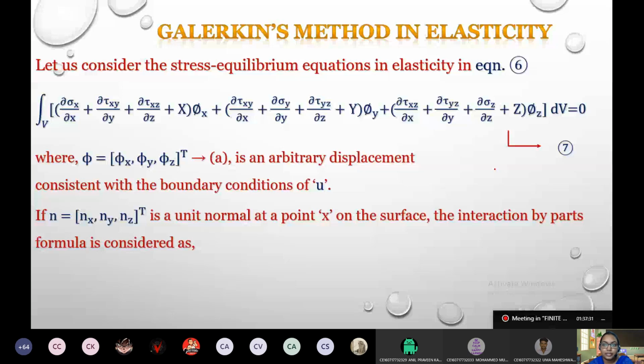Let us consider now if there is a unit normal acting at a point x on the surface. We have seen stress equilibrium. Let us go into the surface part now, surface traction. If n is equal to [n_x, n_y, n_z] transpose, that is the matrix, a unit normal at a point x on the surface, the interaction,